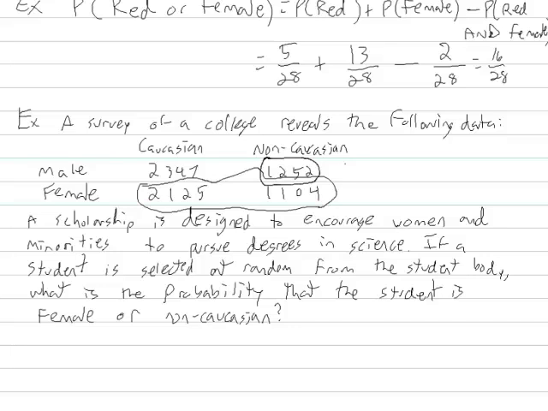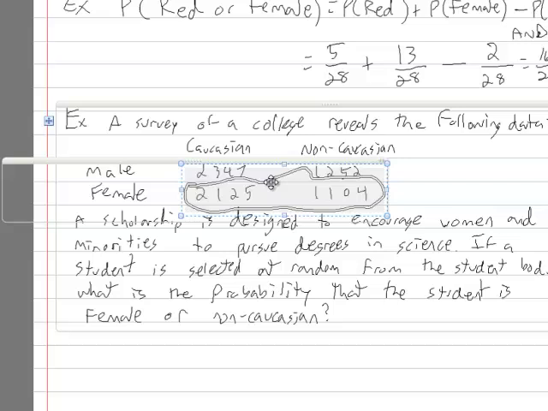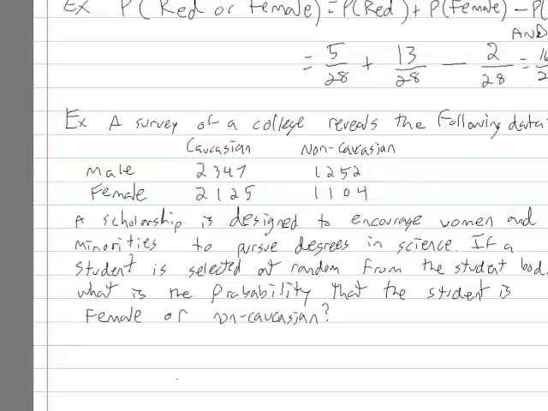twice. You know, it's kind of like if I was selecting a random student and just giving this scholarship to a random female or minority, then those people that are female and minorities would have twice the chances of receiving the scholarship. And that's not really fair, so that's not how we do this. What we have to do, intuitively, is we're just going to say probability of female or non-Caucasian